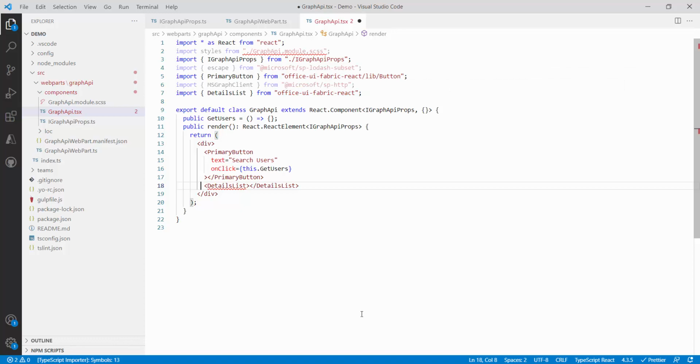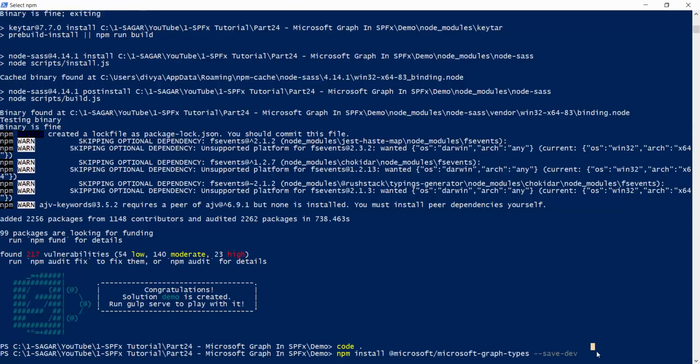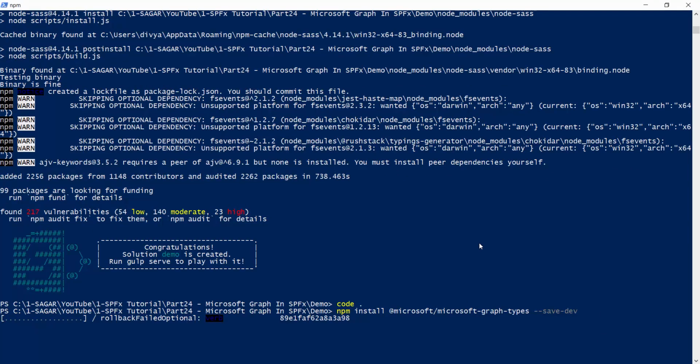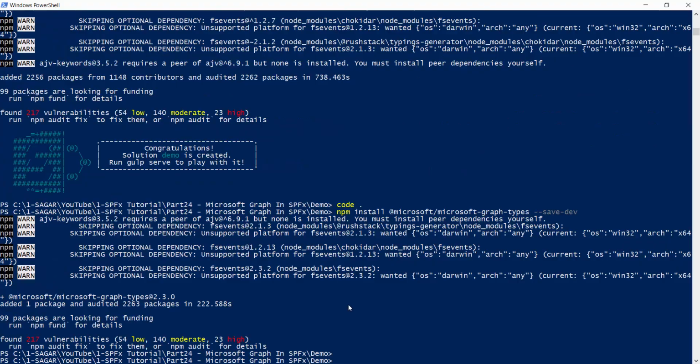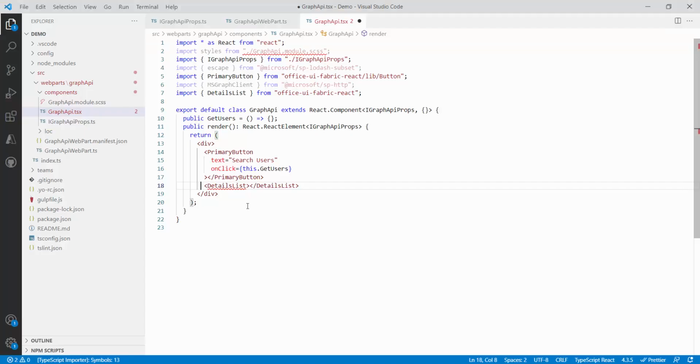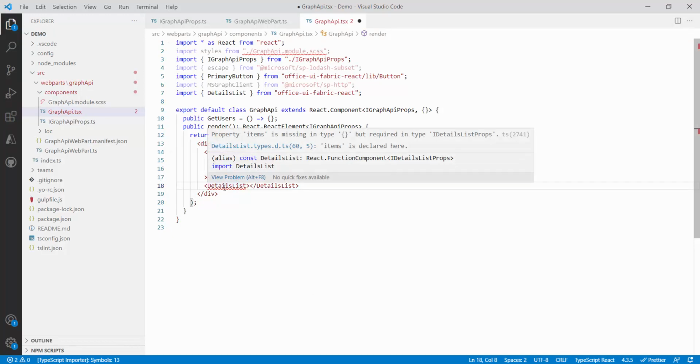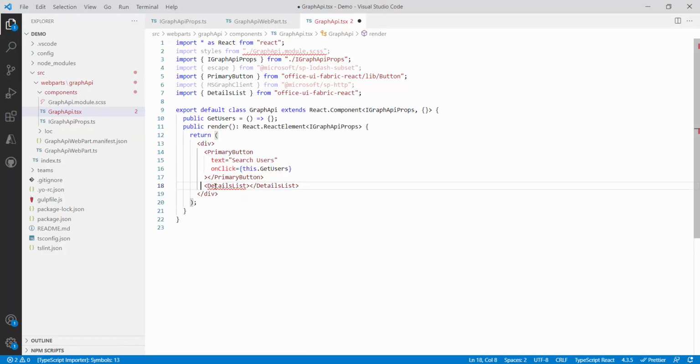Now let's see whether my installation is completed for the typings file. It is in progress. So first of all, I will wait for this installation to get finished and then we will continue. So friends, this installation is completed. I will go back to VS Code. For now, I will comment this because it is giving an error, as it is asking for the values which we want to display. So we will get that. For now, I am also not creating any interface related to these states. I will do that in a bit when it is required. Let's go with the flow.